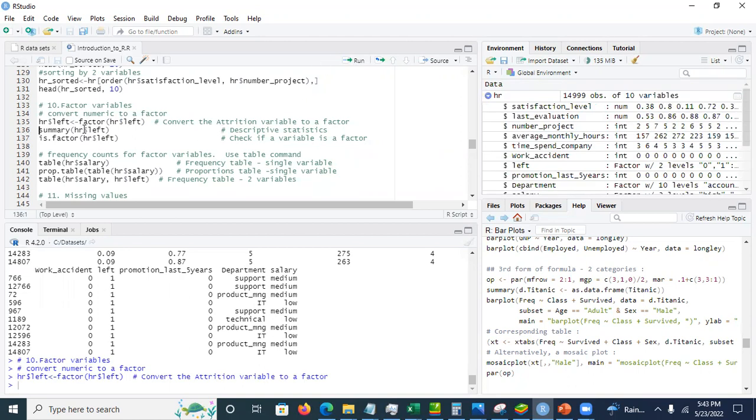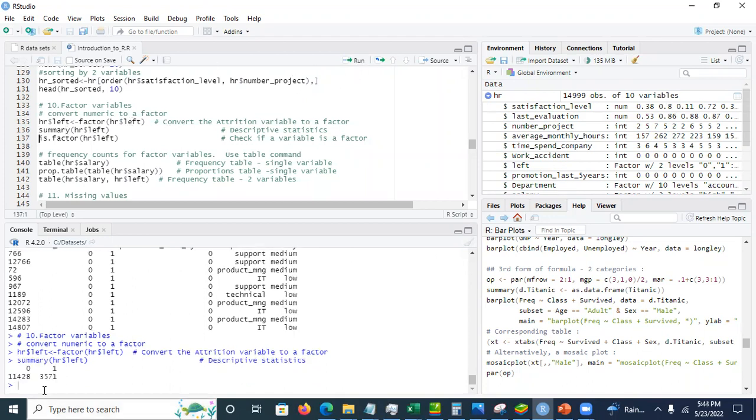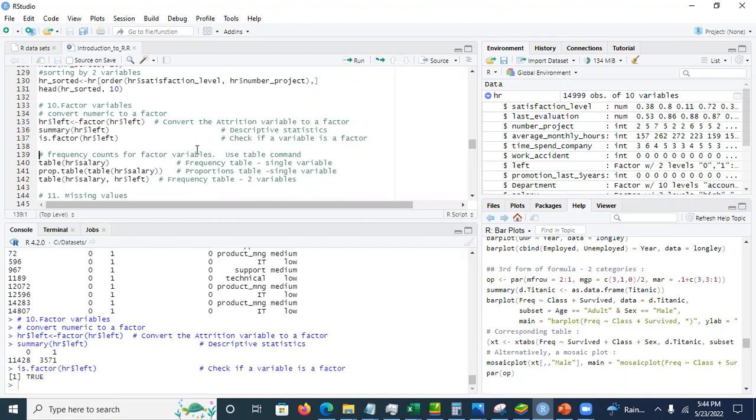So then if I run my statistics again, I'm expected to see the distinct values. See this? This is a 0 and this is a 1, because for the factors, I'm showing how many instances have each value. And each factor is going to check if the column is a factor. Now,